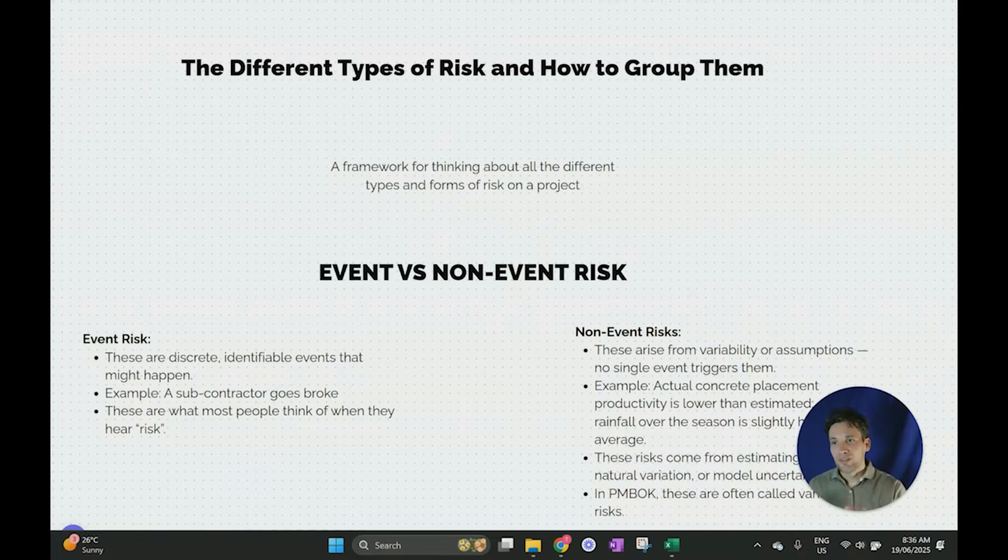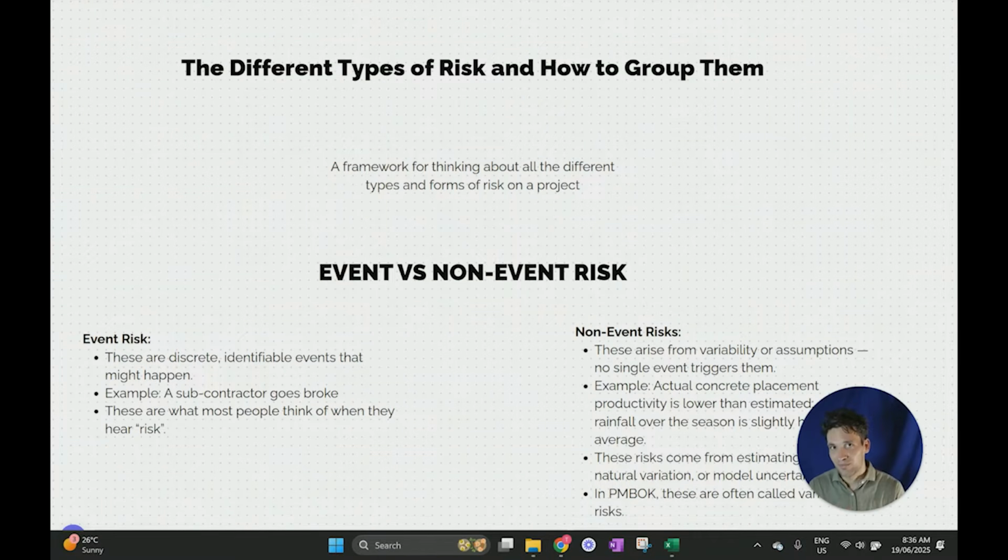So now we understand some of the core concepts around construction project risk management. Let's talk about the different types of uncertainty. In this section, I really want to broaden your understanding of what a risk is and all the different sources of uncertainty on a project. So let's explore the different types of risks and how to group them. I really want to give you a framework for thinking about all the different types and forms of risks that exist